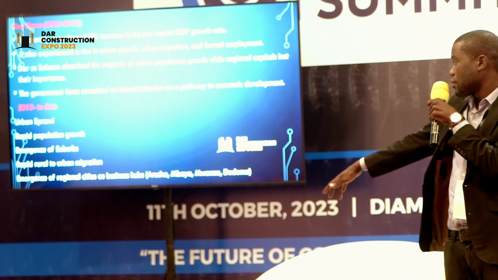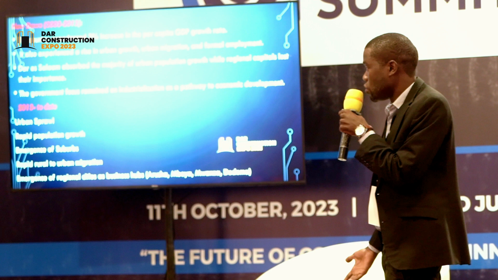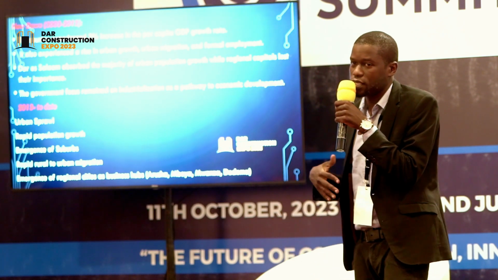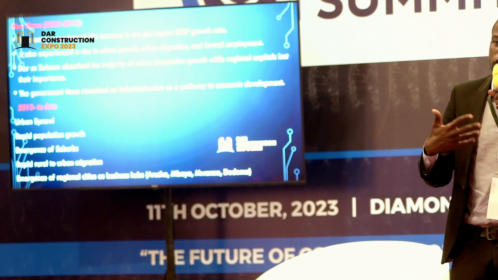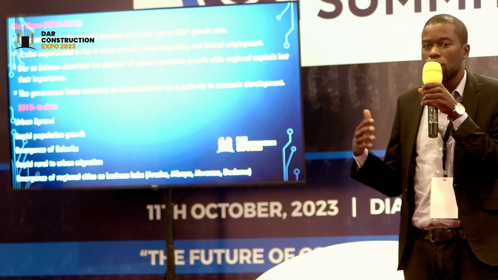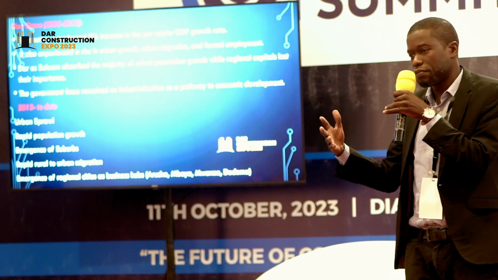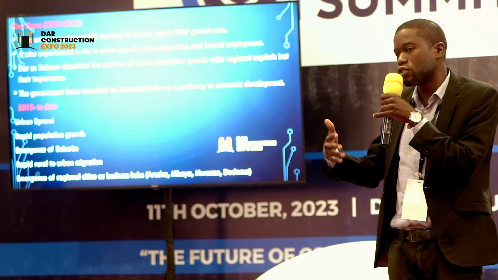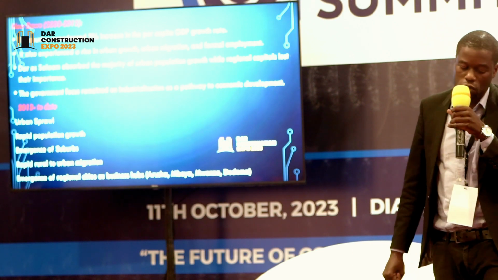Then from 2013 to date, I mean, you can tell, everybody can see, we have urban sprawl, where now we have many cities emerging from different parts of the country. For example, in Dar es Salaam, we can tell places like Goba and Tabata. These are places that evolved and became some sort of mini cities where people are self-sufficient in obtaining their needs, whether for work or for leisure, without having to move to the city center. So it's also characterized by rapid population growth.